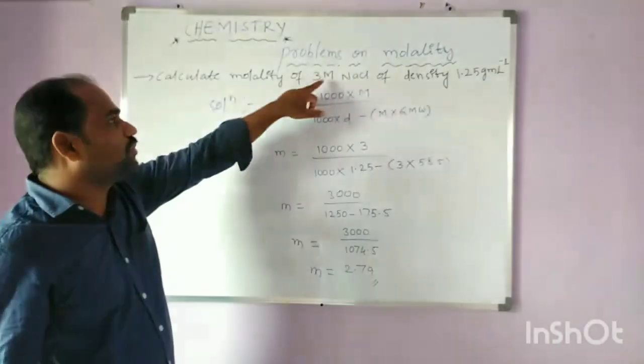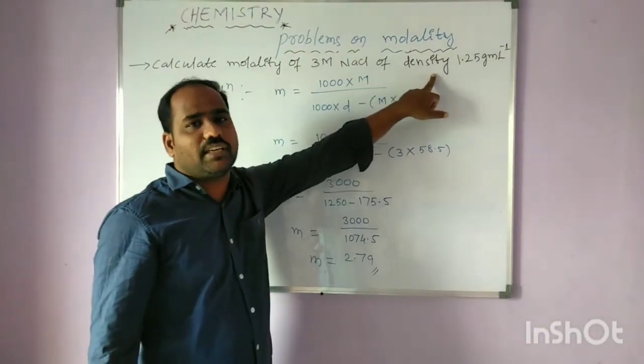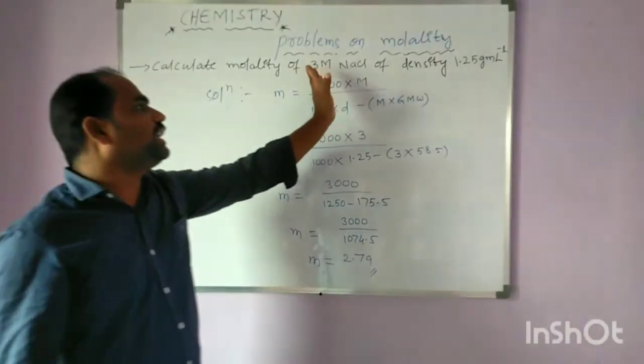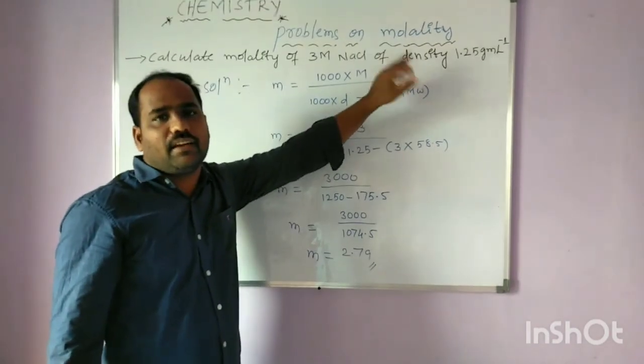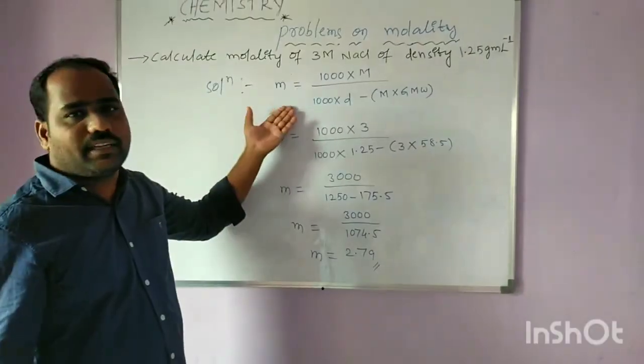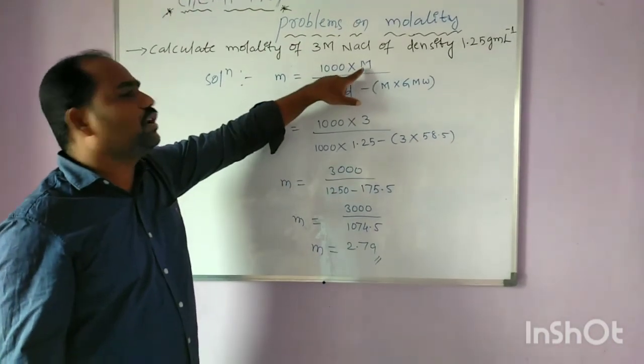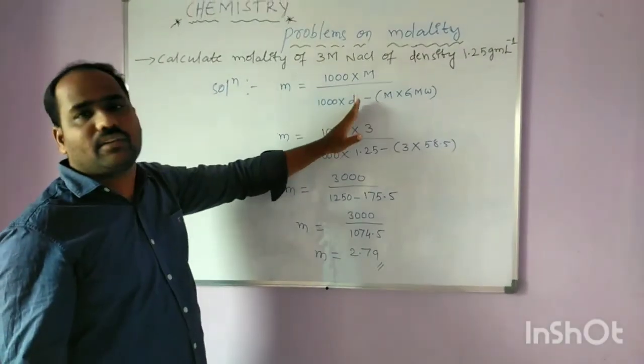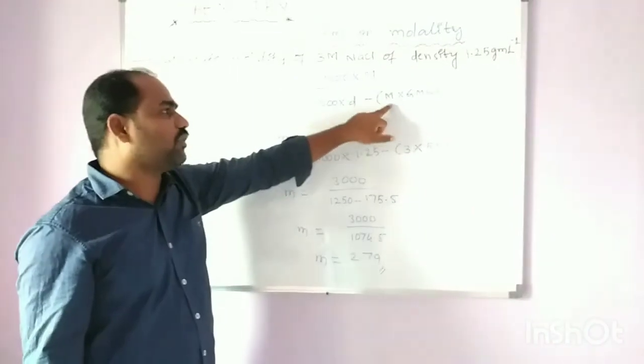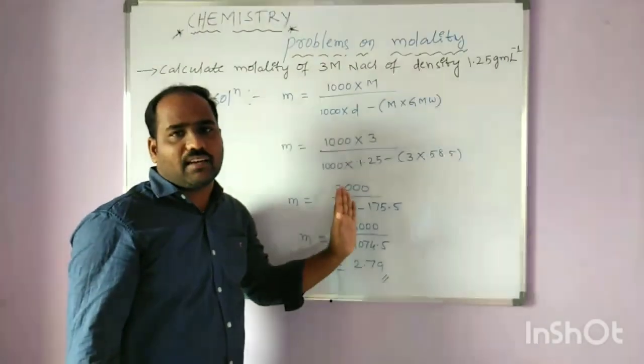In the given problem, molarity and density of the solution are given. Whenever molarity and density of the solution are given, from that we can calculate the molality using the formula: molality is equal to 1000 into molarity by 1000 into density minus molarity into gram molecular weight of the